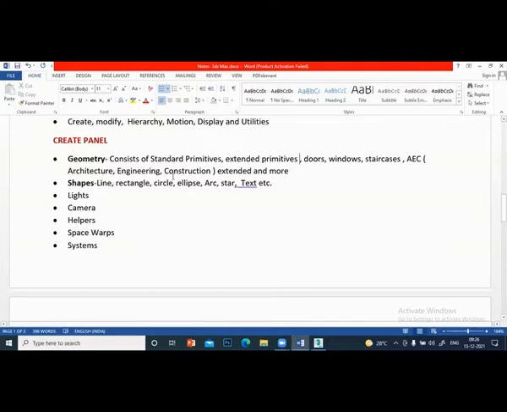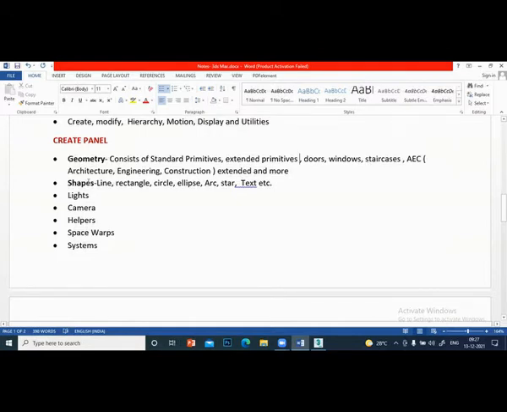AEC means architecture, engineering, and construction. Under the create panel, geometry, you can create the standard primitives, extended primitives, doors, windows, etc. We'll be learning one by one.